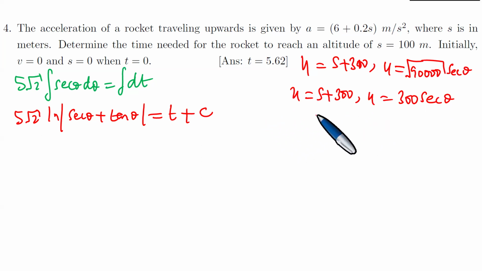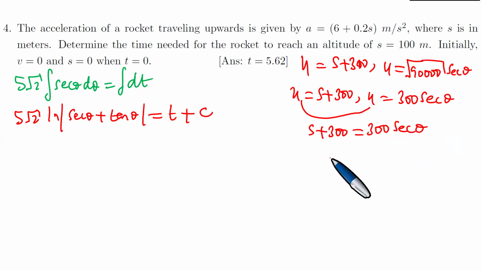This means that u is equal to u, so s plus 300 is the same as 300 secant of theta. Dividing both left and right by 300 gives us